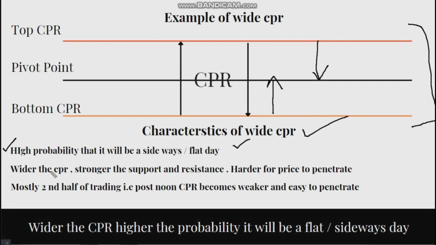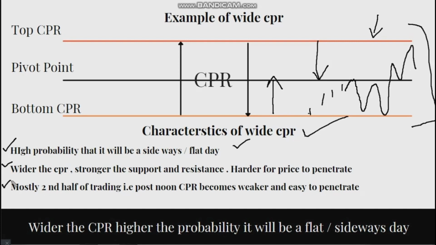Point number two, the wider the CPR, the stronger support and resistance it will provide to price action candles, and it will be harder for price action candles to penetrate. Obviously, when there is strong support and resistance given by the CPR, the price action candles will find it very difficult to penetrate, and they will stay inside the CPR only, giving a sideways market. Point number three,